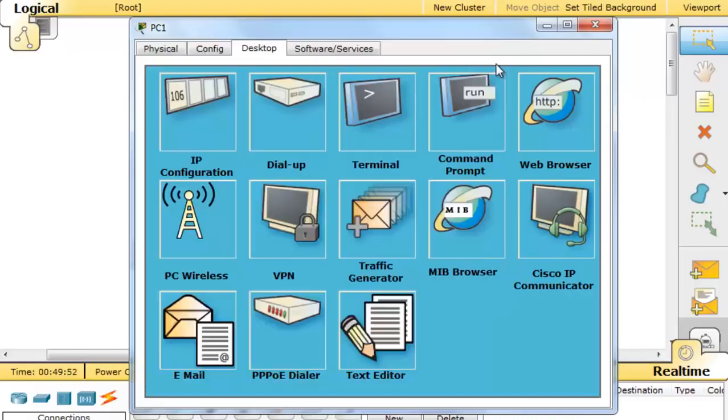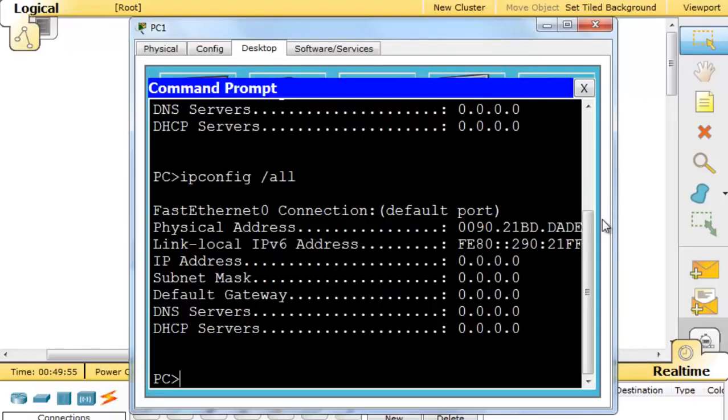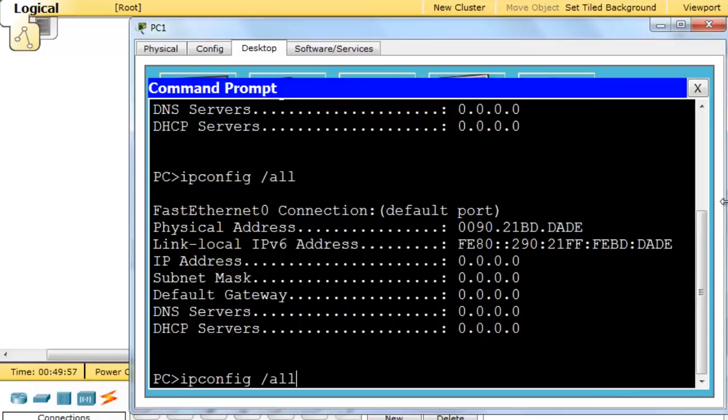We can see this if we open up a command prompt. I'll type ipconfig/all, and you can tell right here, physical address, there is the MAC address, and if you compare it with the link local address, you'll notice that the numbers are included in here. Then in the center, to create the 64-bit interface ID portion of this address, the FFFE was inserted, and then the front half of the MAC address,